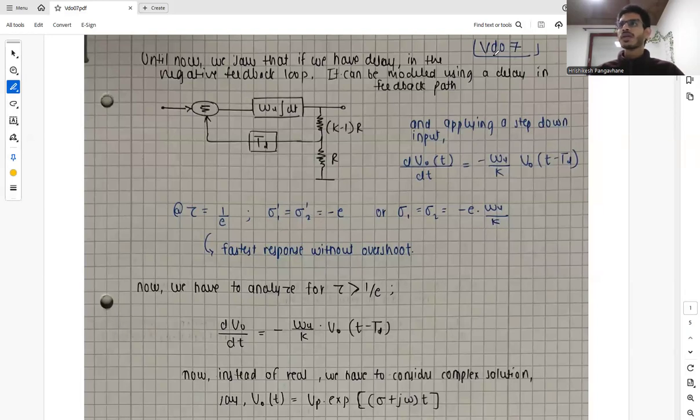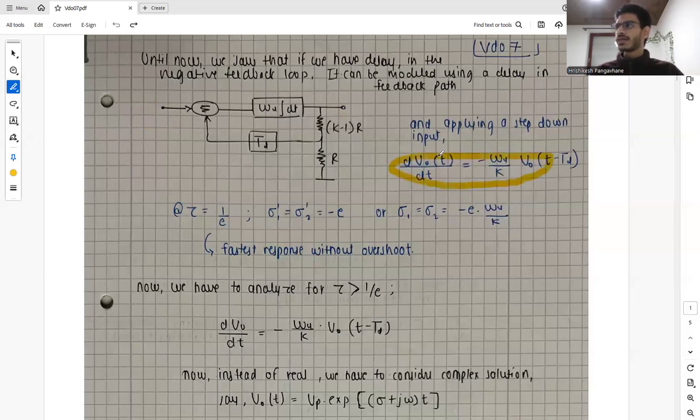And until now, we saw that if we have a delay in our system, basically a delay in a negative feedback loop, it can be modeled by using a delay in its feedback path like this and applying a step down input. Let's say we had a stable input and our output was stable, and now we step down the input to 0 volts, and that's how, when we apply a step down input, we have our equation, which is